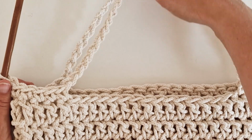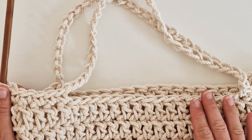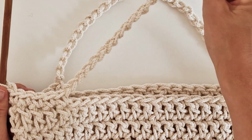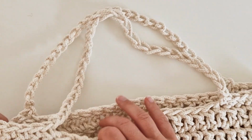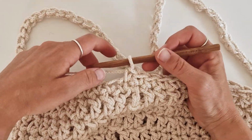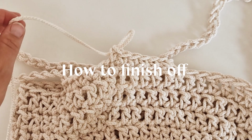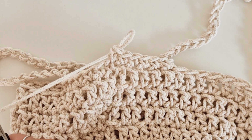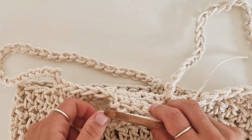I would recommend you to just try this on before finishing off, just to know if these handles are the size that you like. But if you like the size, we move on to finishing off. So what you will do is cut the yarn, pull through, and on the inside